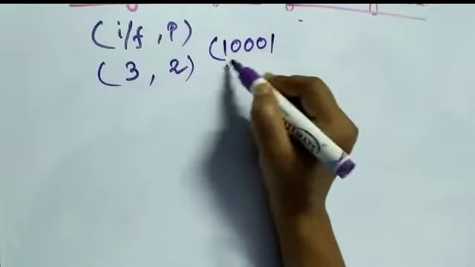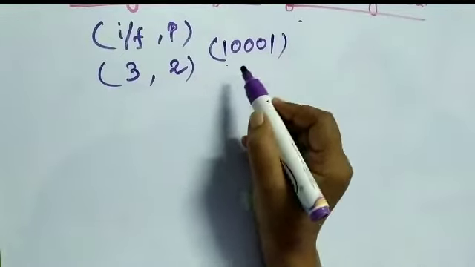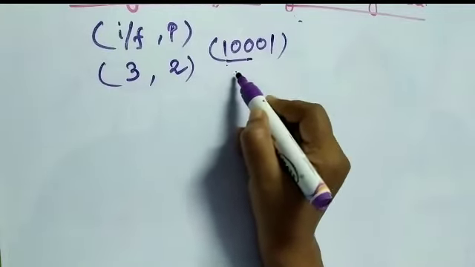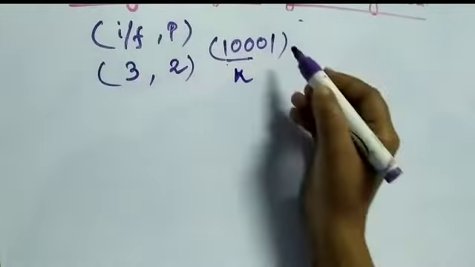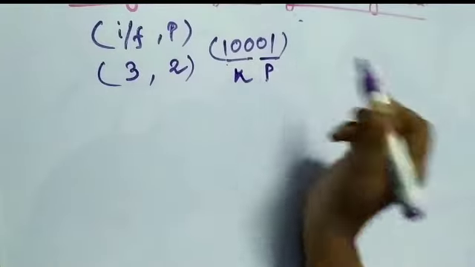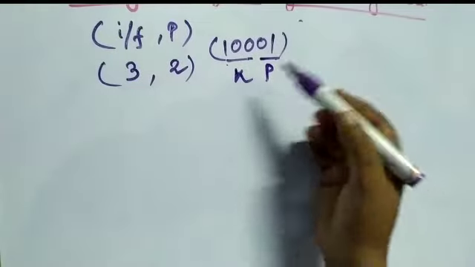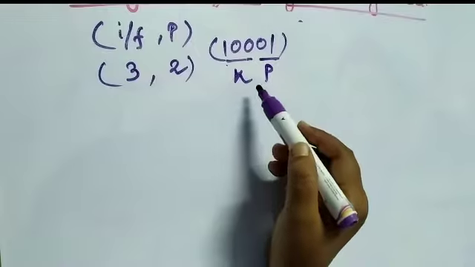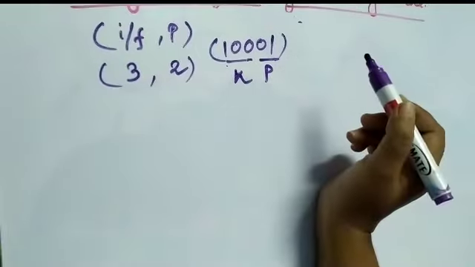1 0, this is a code word, and among these 5 bits, if these 3 bits are information bits, or k, you know that k is referred to as information bits, and these 2 bits are parity bits. If we find a code word can be formed in this way, then we can say it is a systematic code word.